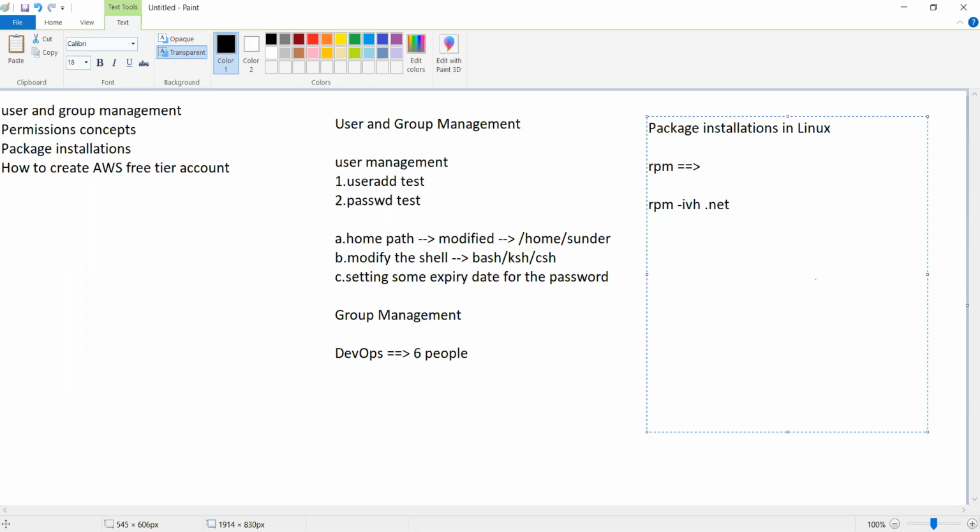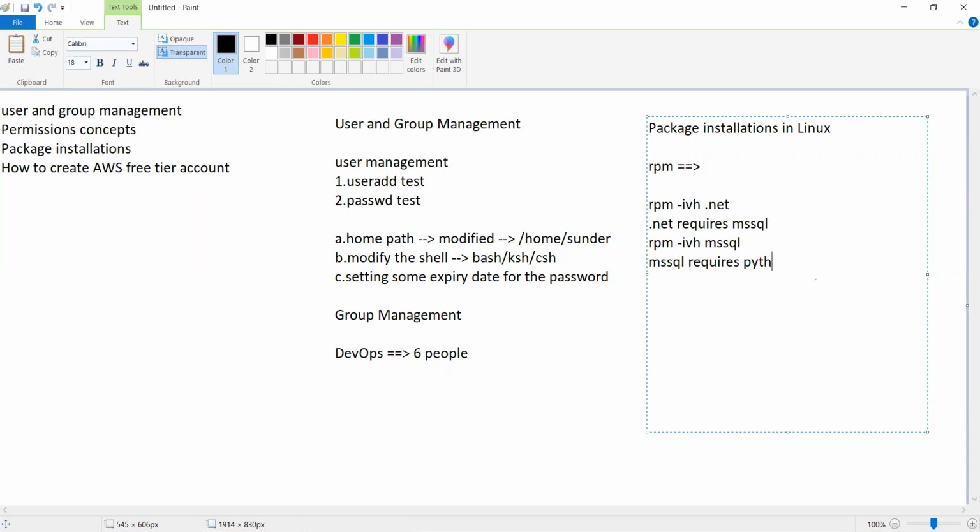It will simply throw an error: .NET requires MS SQL, right? So if I want to install the .NET package, I have to install the MS SQL package. So what I will do, guys, is rpm -ivh MS SQL, right? So this is the one which I will be doing. Again, what will happen? This MS SQL requires